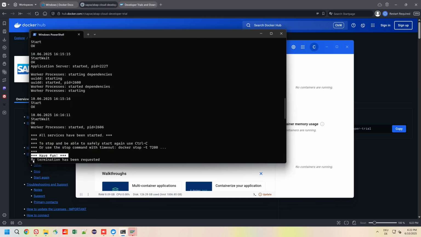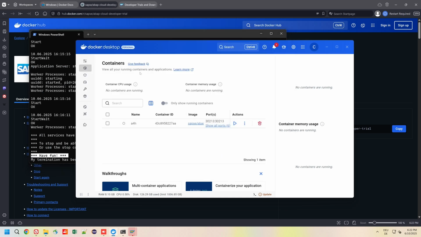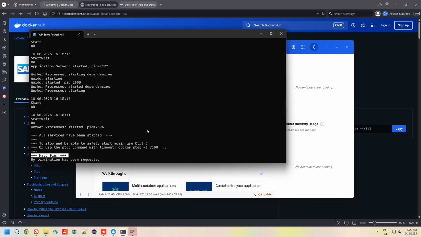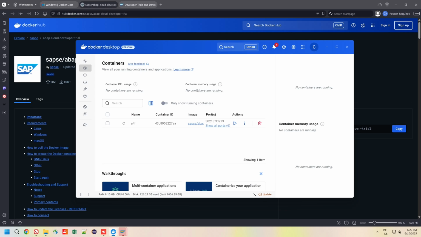Again, we see here my termination has been requested. The container is now stopped. If you want to start the container again, we click on the play button. And in the end, we now have a fully functional ABAP development environment that is ready for the first programs.